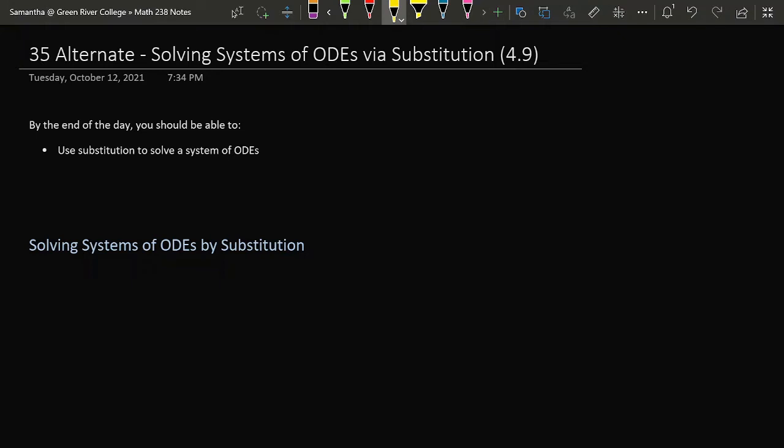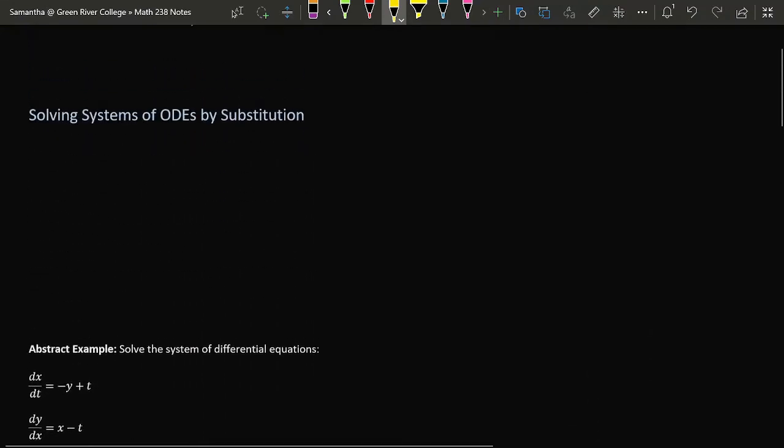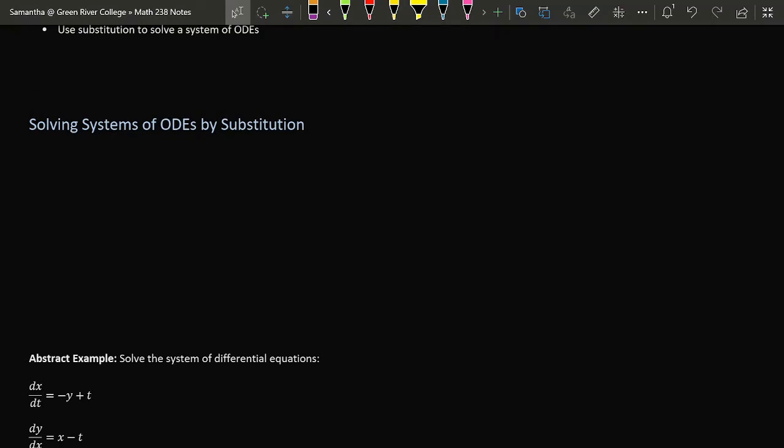And so far, in all the practice and research that I've done, I have yet to find a problem where elimination is easier than substitution. So this is just my personal taste. Substitution is better. The idea of solving an ODE by substitution is very similar to the method of solving an